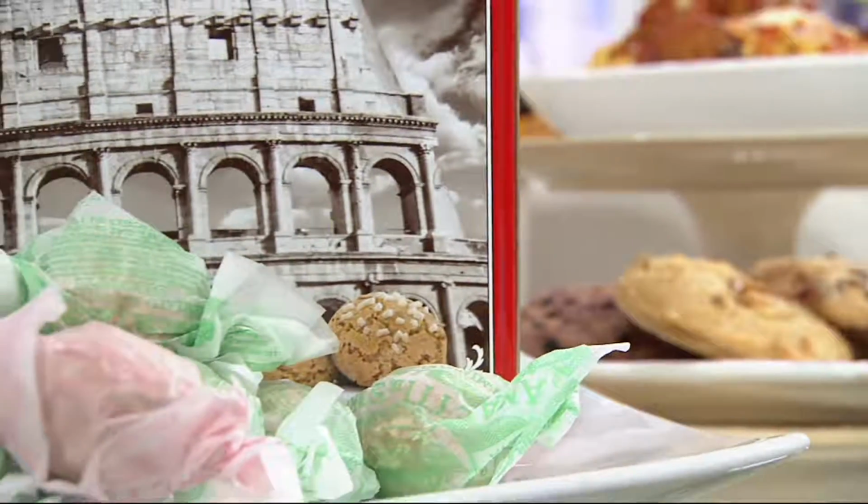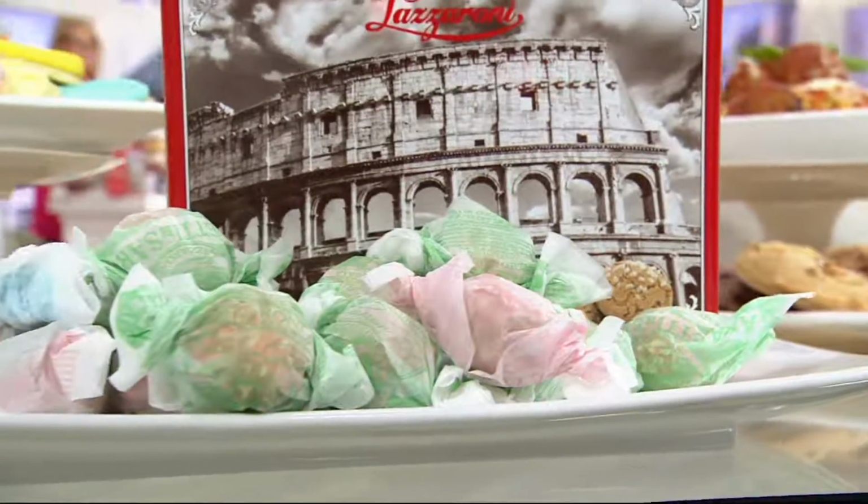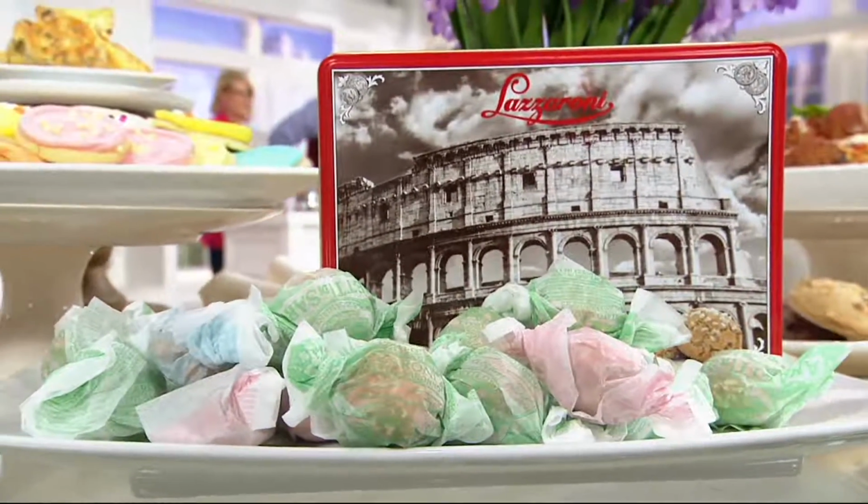Something like that. Hey, what about we take a trip to Italy? Because these are delicious, authentic tins of